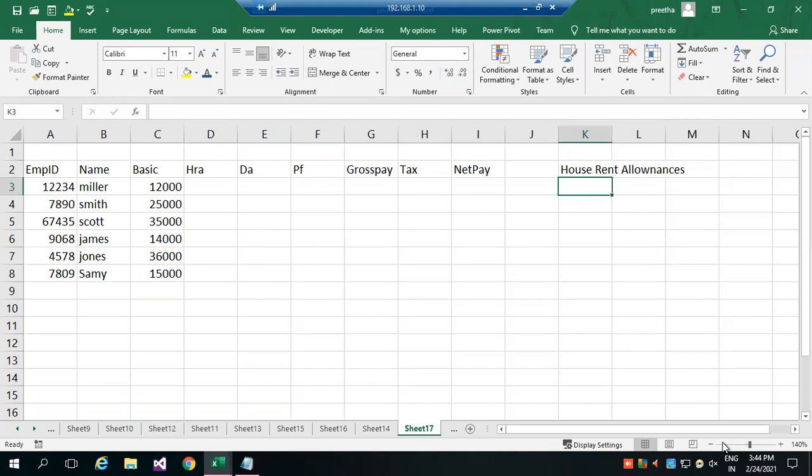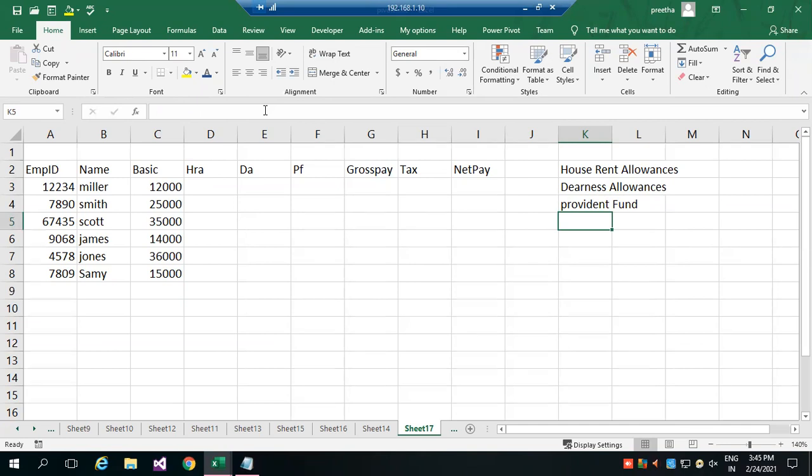So that is called house rent allowance, which is based on the employee category and the experience, that means based on their position in the organization. For each employee category, it differs. Then dearness allowance, which is given for children's education. Then PF, provident fund, where both employee and employer contribute some amount. Then finally gross pay, tax, then net pay.